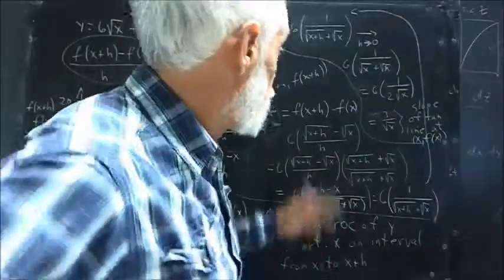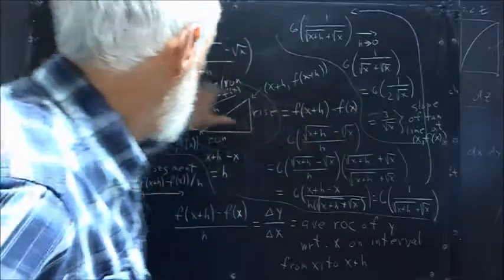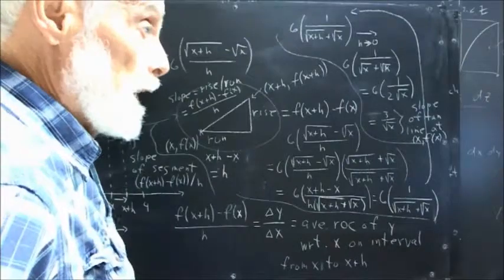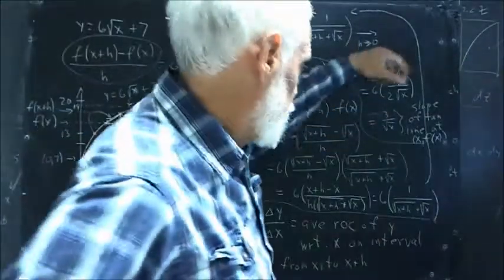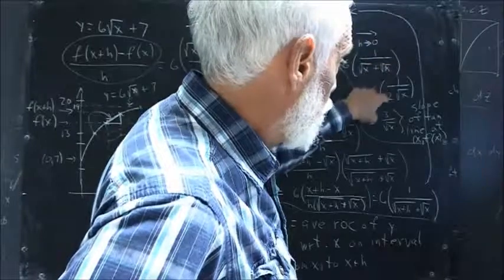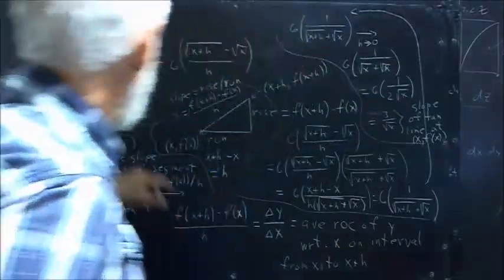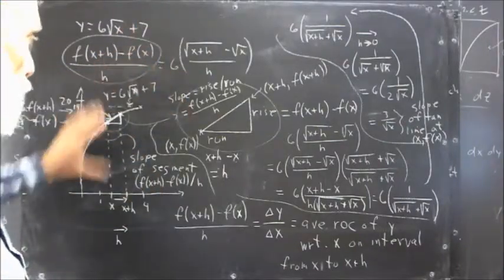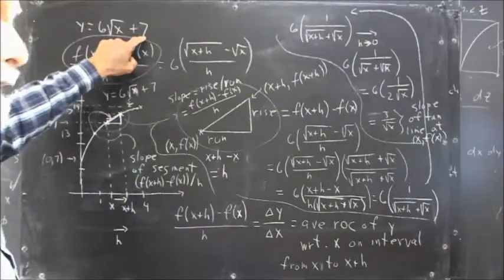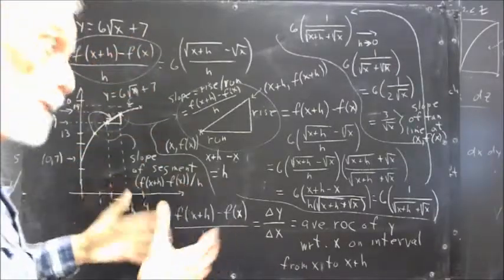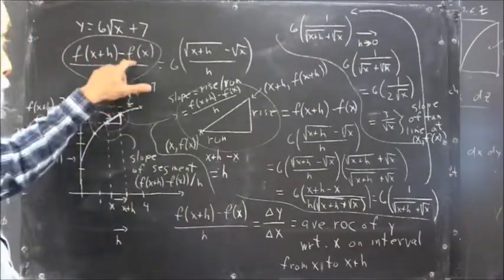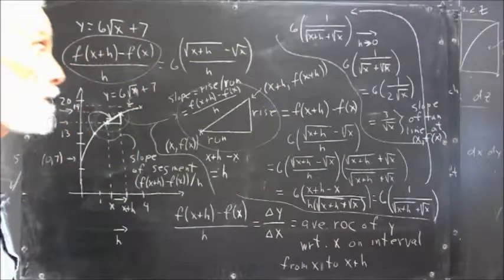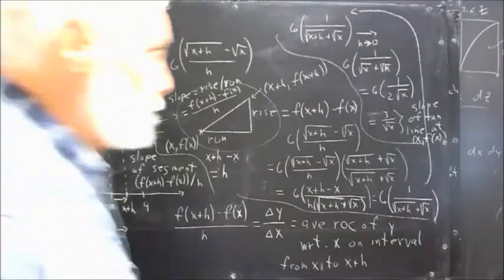And in general, if you have a square root of x, the 6 is just along for the ride. If the 6 wasn't there, you would have the same expression for the square root of x plus 7. And there are things there we don't need to worry about. But that comes out 1 over 2 times the square root of x. And it wouldn't matter if this was plus 48,000. Remember, the 7 subtracted off when we did this previously. If you do it correctly by grouping the f of x in the original expression, whatever that number is, if it's a constant number, it's going to subtract off. If it doesn't depend on x, it's going to disappear. So